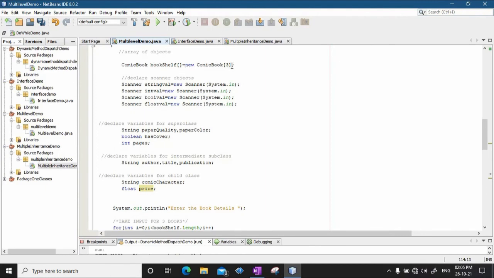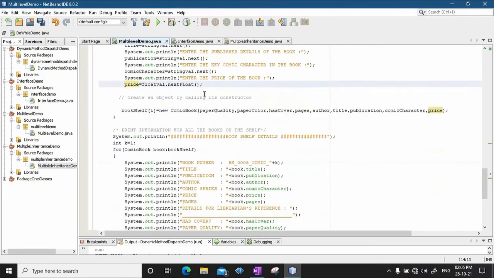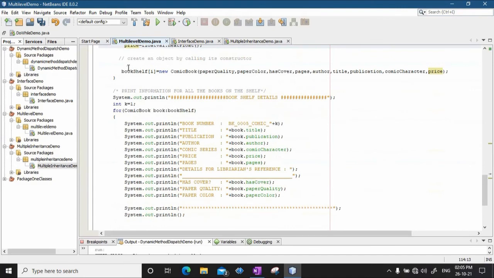am simply creating an array. The objects are not created. I am just creating an array of type comic book. That means it can have all the reference names that can point to different objects. The actual object creation happens here. So, bookshelf of I, that is bookshelf of 0, the 0th index reference name, points to the first object